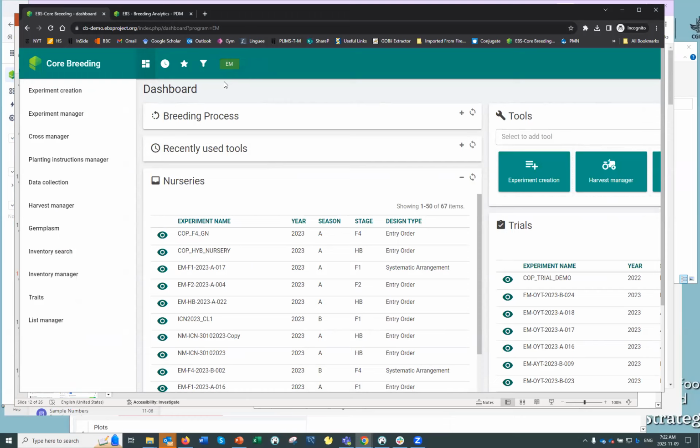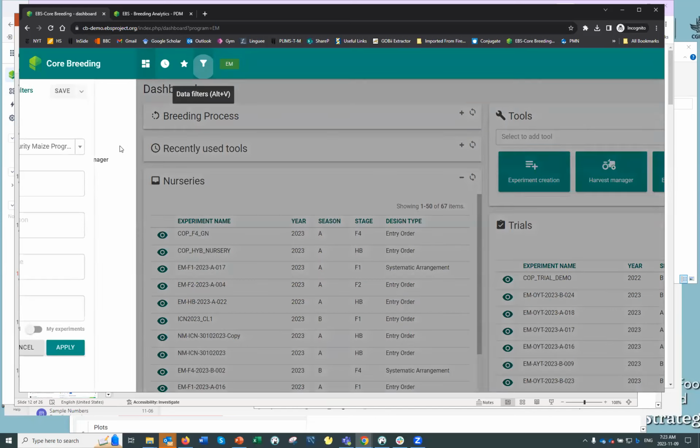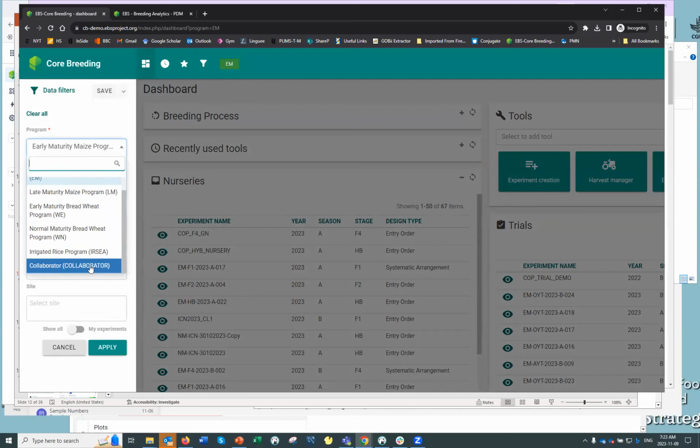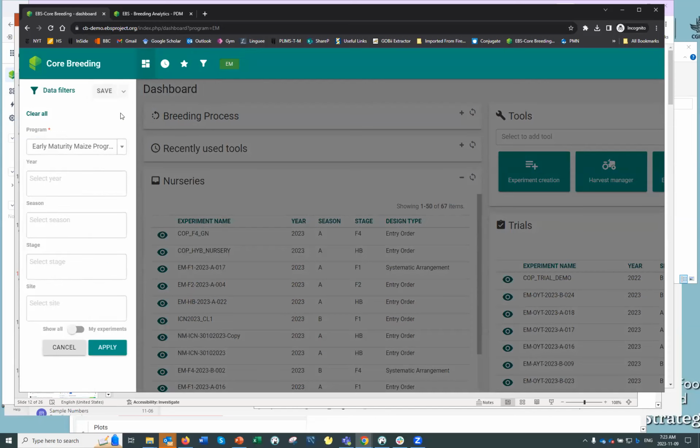So when you log into the system, you're able to see information about one or more breeding programs or teams that you're a member of. Within this demo instance, it is both multi-program and multi-institutional. You can see that we have some example data from maize and from wheat and from rice. And also within this environment, importantly, there's a collaborator program, which shows one of the ways in which the EBS can be used to support network breeding, where collaborators, for example, who are involved in phenotyping networks, can also contribute data to an EBS instance.